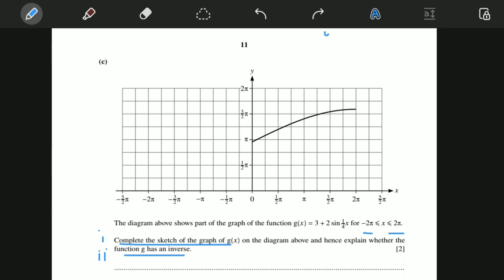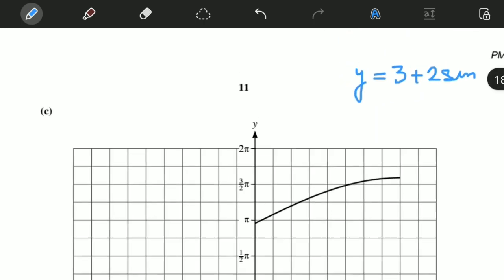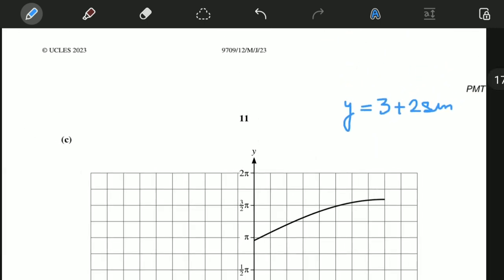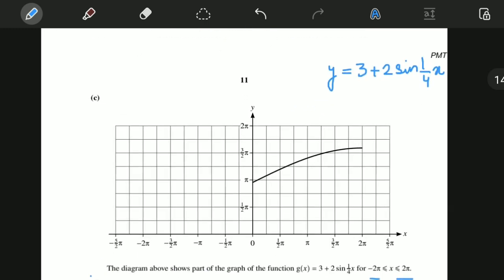So I'm writing first here y equals 3 plus 2 sine 1 by 4 x. Okay, and now I'm writing the values over here. Minus pi by 2,